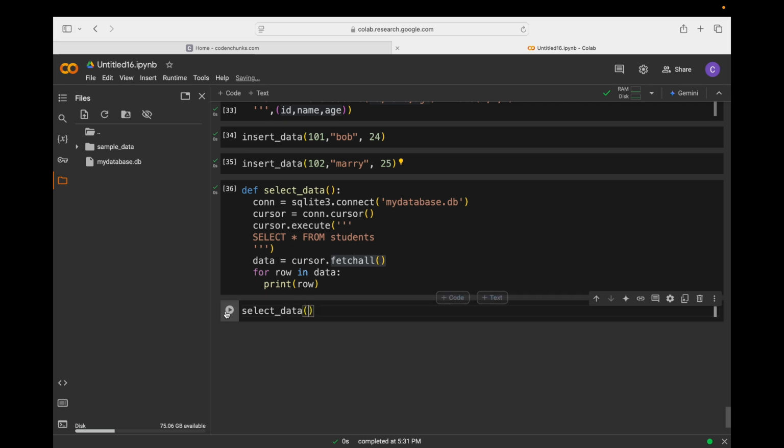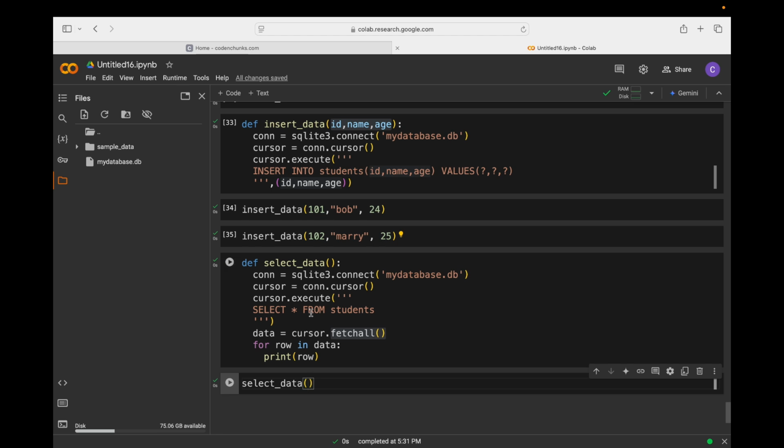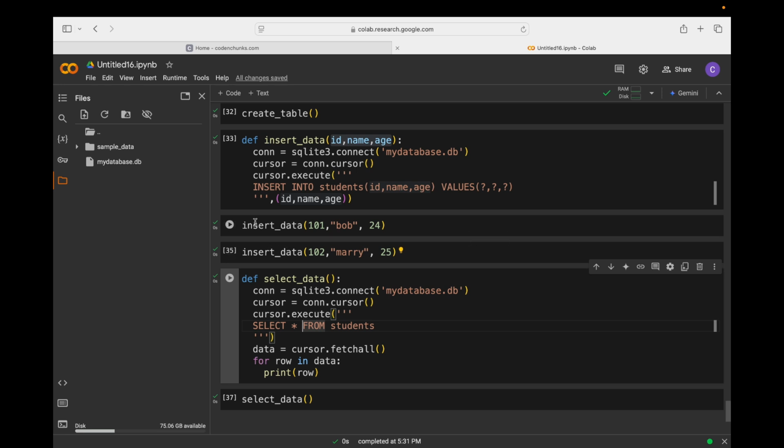Select data. Okay, data is not printed. Surprising thing. Select data, fetch all, insert. Firstly, I have created connection, cursor, execute, select star from student, cursor, fetch all data in which